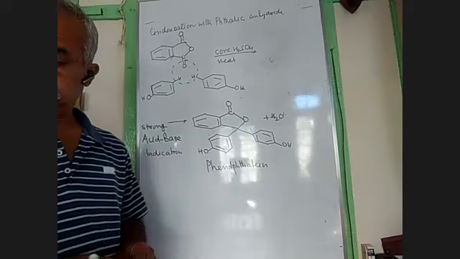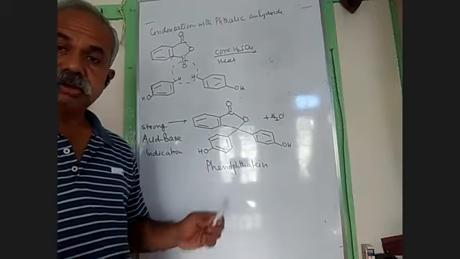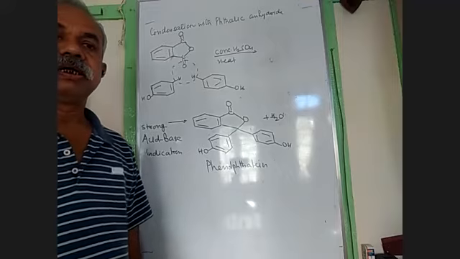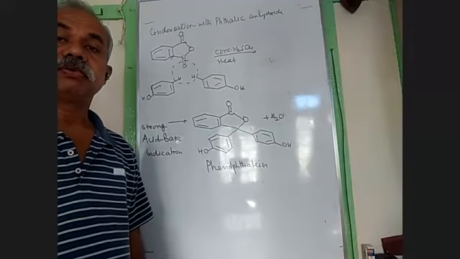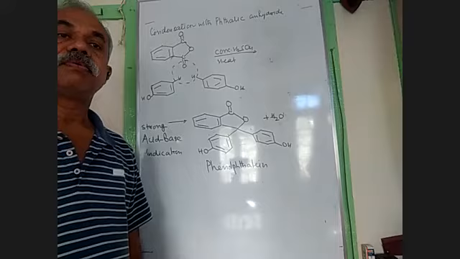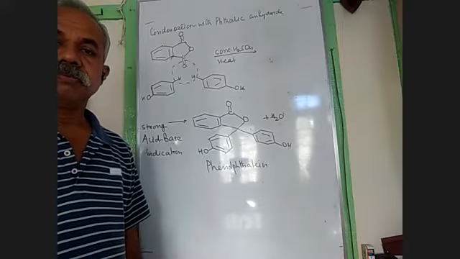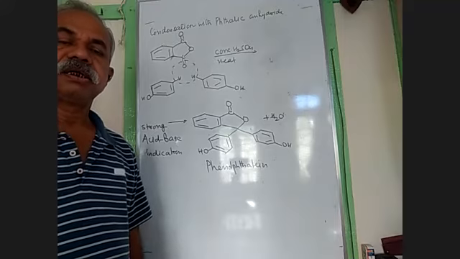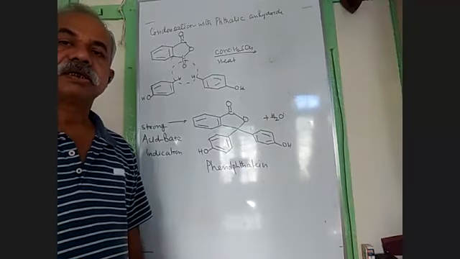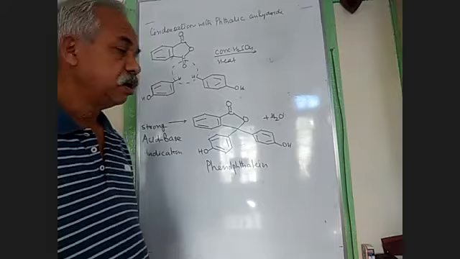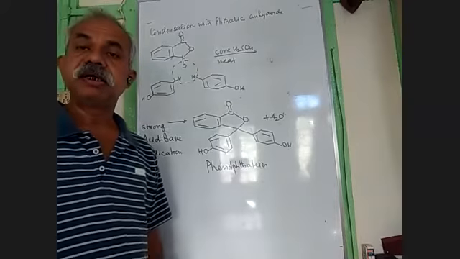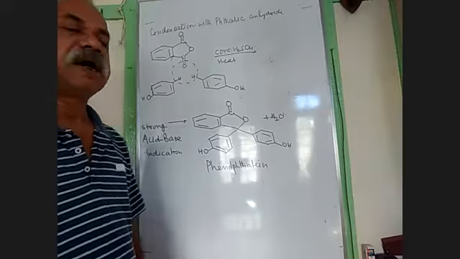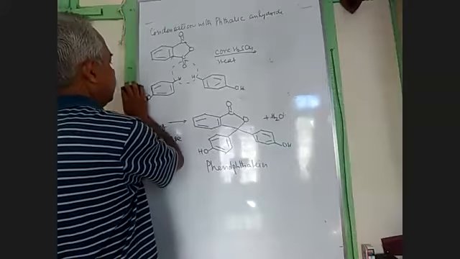Okay? Now, as I told you, a huge amount of phenol is being used for making dyes. Similarly, a huge amount of phenol is also used for making a type of polymer. It is called bakelite. Okay, so phenol condenses with formaldehyde to give us this phenol formaldehyde resin, known as bakelite. Bakelite is the first man-made polymer. Okay.